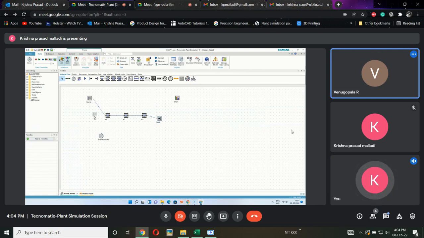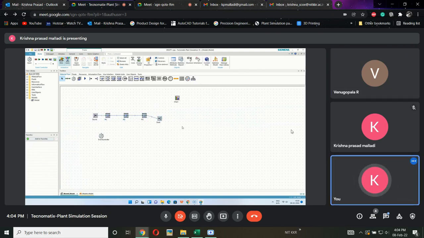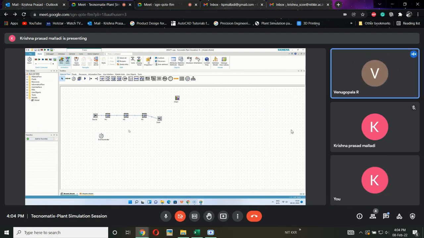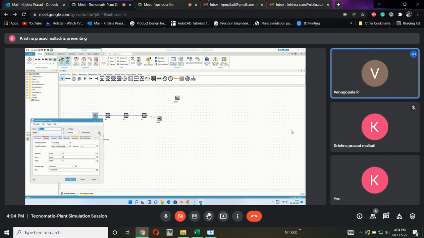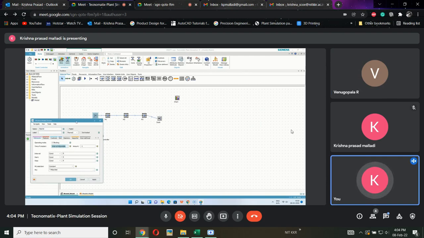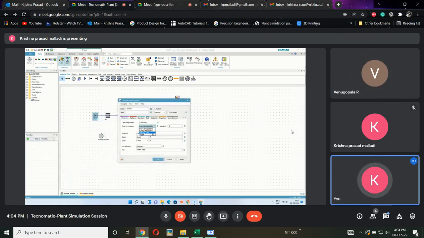Whatever the model, we are going to use the same processor. Whether there are 20 machines or 30 machines, we need to follow the same thing. What about the other two conditions you mentioned? You told me there are four conditions in the input. One is time, one is number. Actually, these two will generally be used. The third one is the delivery table, like an assembly table. In assembly, multiple parts will be coming, so the delivery table is a condition. The fourth one is a trigger. Trigger is like a sensor.